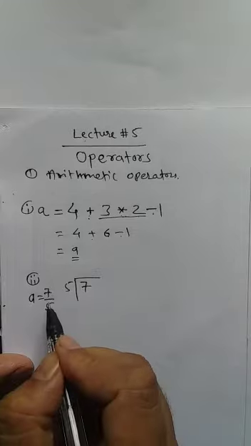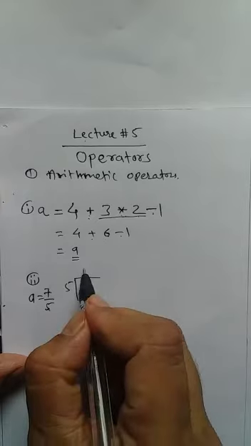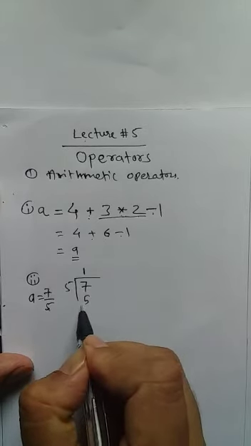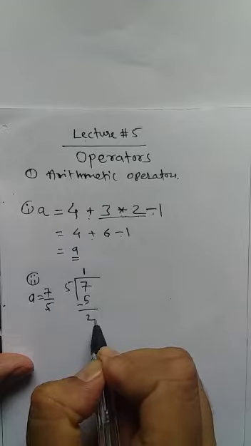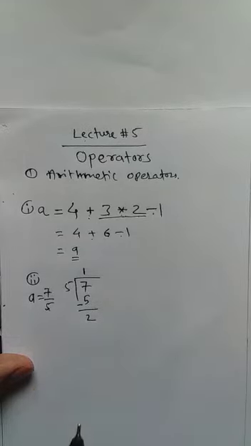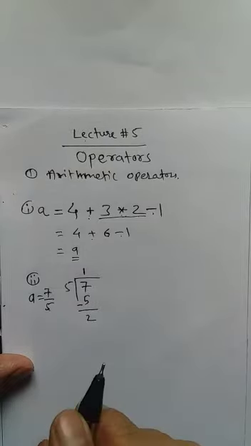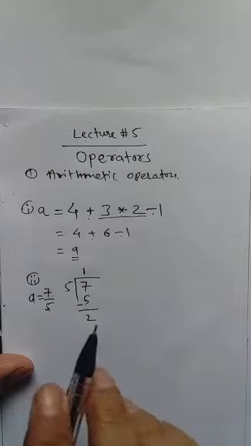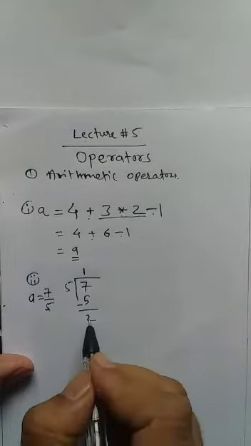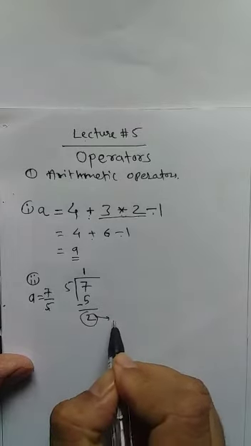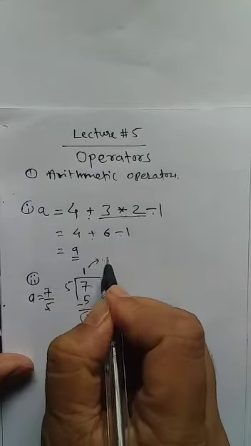Division. Now how did we perform this operation in our school days? 5 ones are 5, and then I subtract this 5 from 7. What remains is 2. Now if I want the answer in integer form, and I do not want the answer in decimal form, then I will perform the operation only up to this point. What do I call this 2? This 2 is called the remainder. And this one is called the quotient.